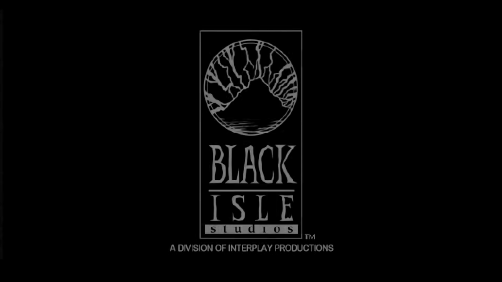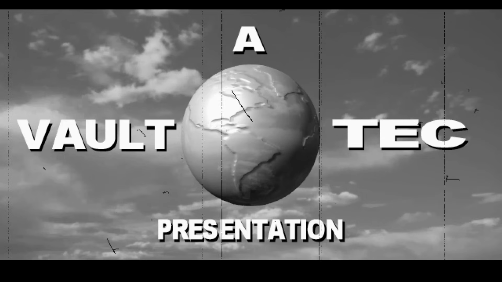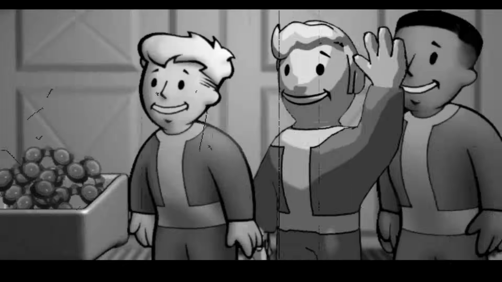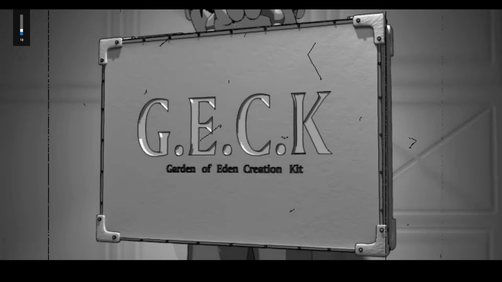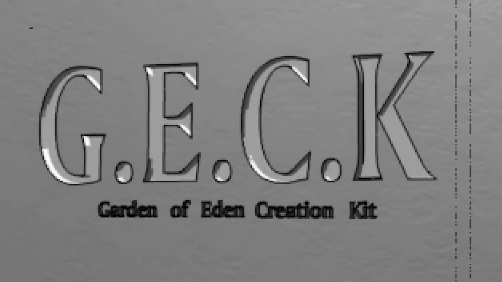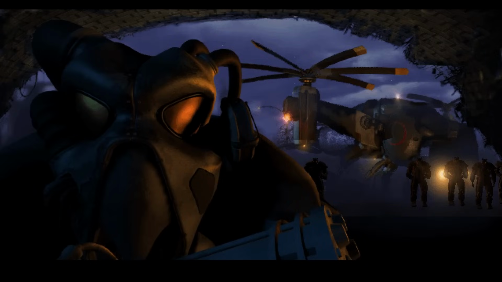The game starts with, well, quite an intro. We see some vault dwellers preparing to leave their vault for the first time. There's even a little video on leaving the vault. In this, there's a section that mentions a device called the Garden of Eden Creation Kit, or GECK. This is extremely important to the story. More on that later. Then we see some dwellers opening the vault for the first time. Whoa, what the heck? These dudes look like Alien Brotherhood or something. I wonder if they're here to...